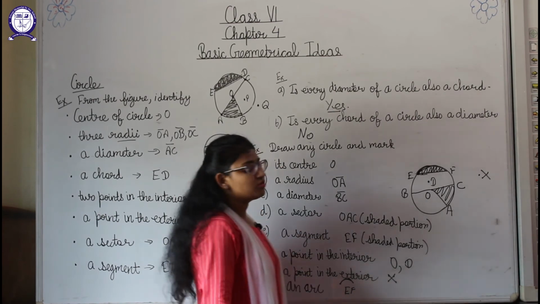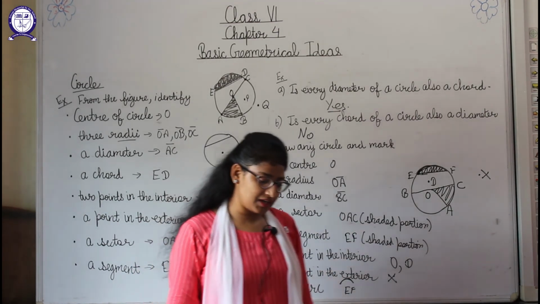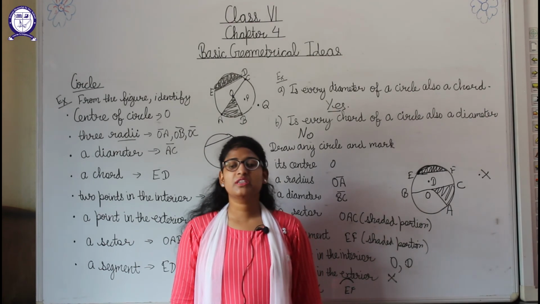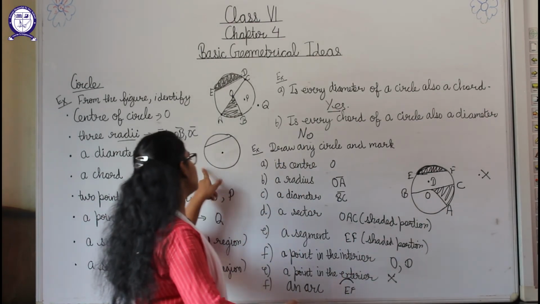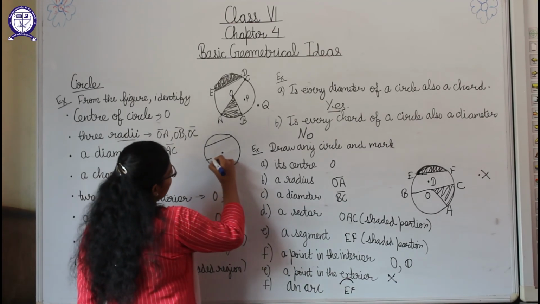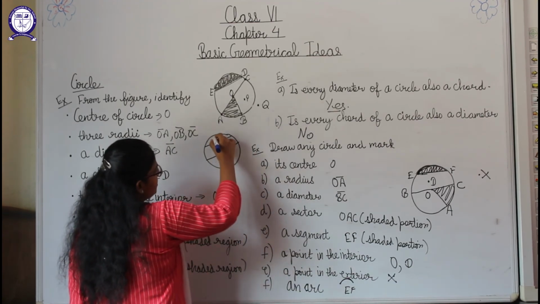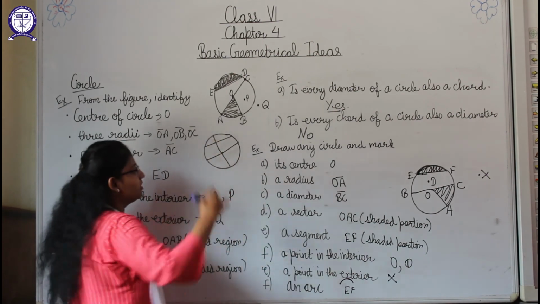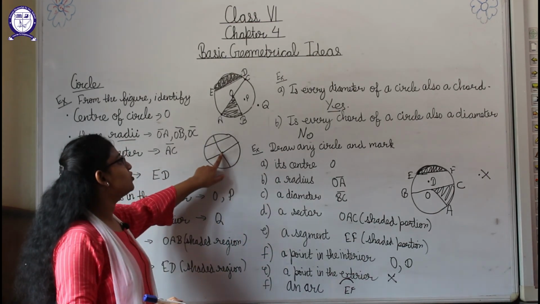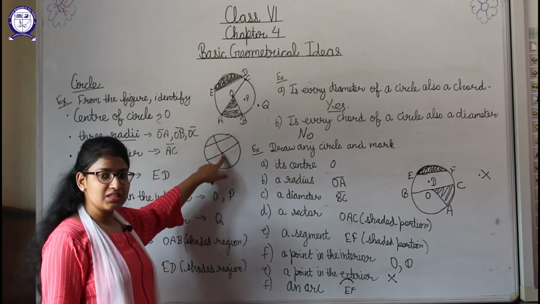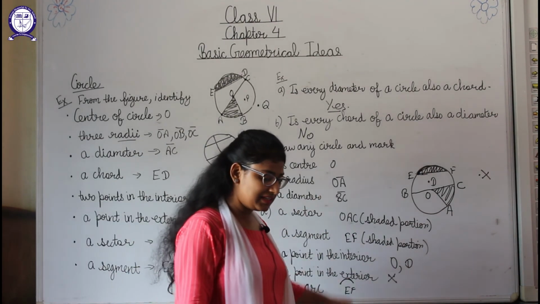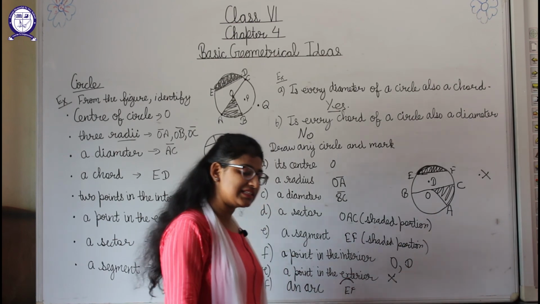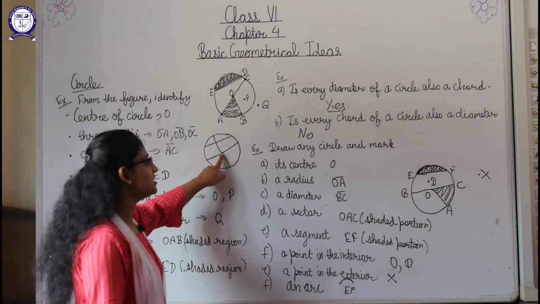Okay. Now students, here can be the question that two diameters of a circle will necessarily meet within the circle. Okay, this is the circle and we have made two diameters. This is one diameter, this is the second diameter. So it is necessary that the two diameters will meet inside the circle only. So in your answer you will write that two diameters of a circle will necessarily intersect at the center.